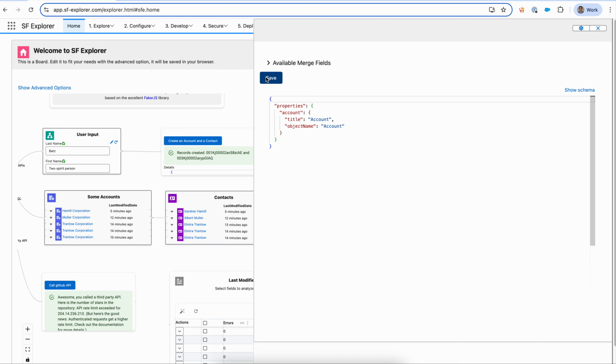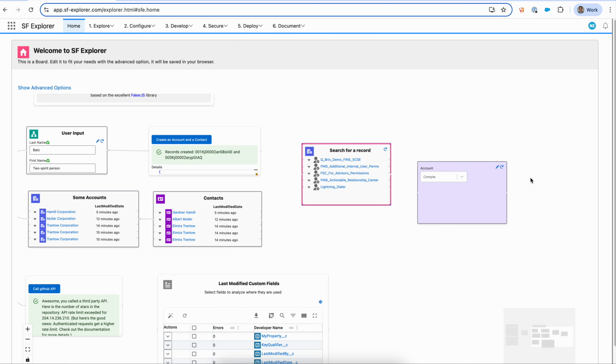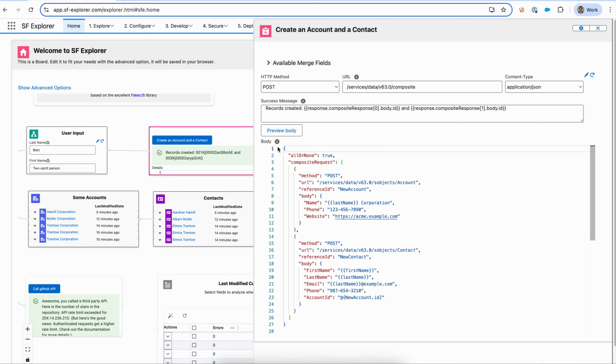So an example that's interesting here for user input is to fetch a user record in your org. So I'm going to add an account. It's going to be selected. So this is how I select an account, right? This is a select field that you can use. And now that you have this account inside of your board, you can use it obviously into